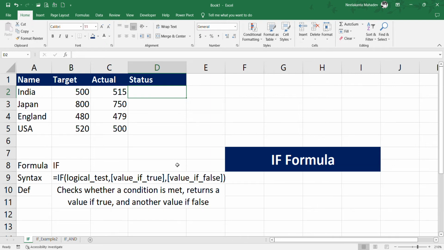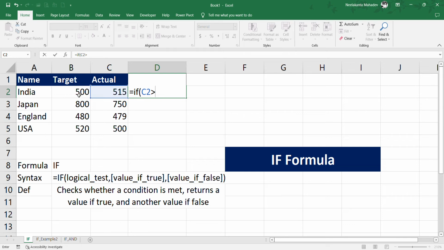Now let's try it. Let's start with equals IF, open parenthesis, and select the first value which you want to check. You want to make sure the actuals are above the target value. So we select the actual value here, that's for India, C2, greater than the target in B2, comma, and you need to type in the value if true. So if the condition is met, what would be the returning value that you want? I want to write in inverted commas, "target reached",